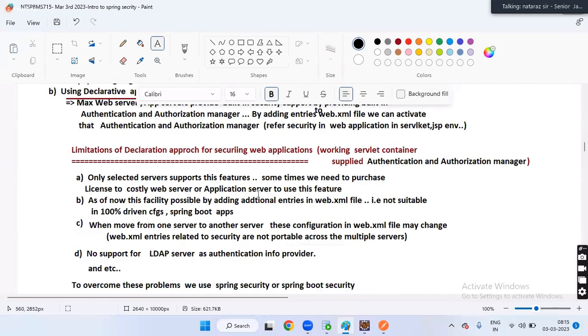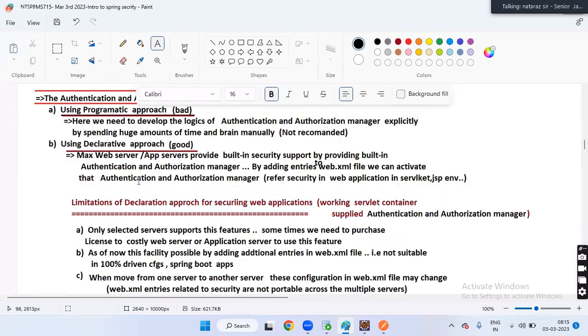Declarative is good, programmatic is bad. That's fine, and we already did that at Servlet JSP level.